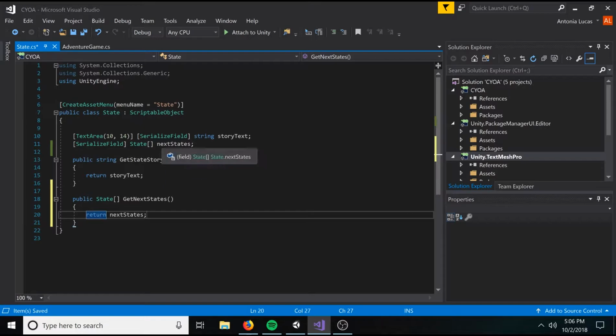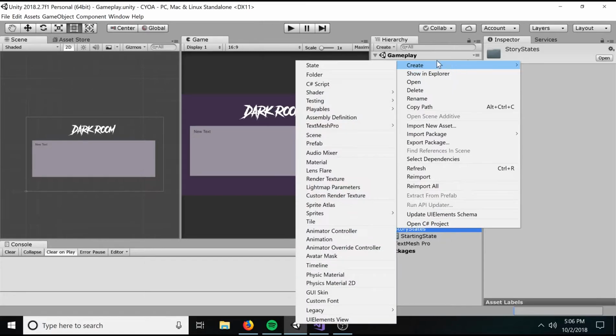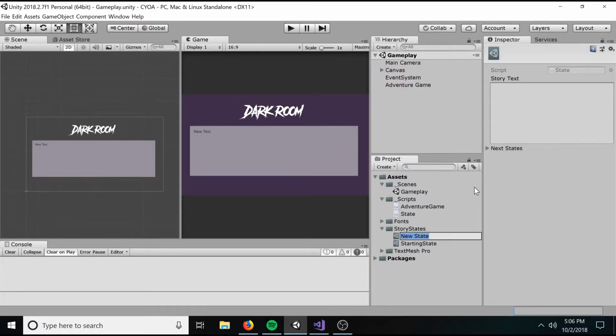So we've made a serialized field in the inspector, and what we're going to do with it is whenever we summon that, it will give us a list of what states exist in our game. So first of all, I probably need to make some more states, right? So I'm going to go ahead and create a new state, and